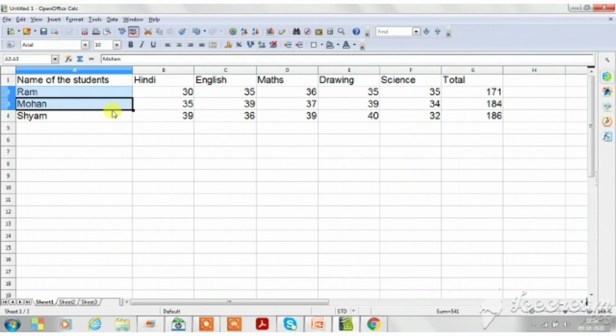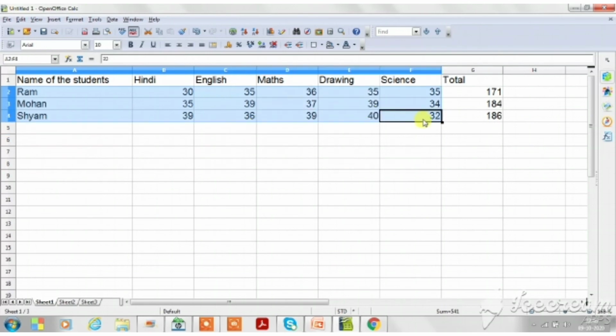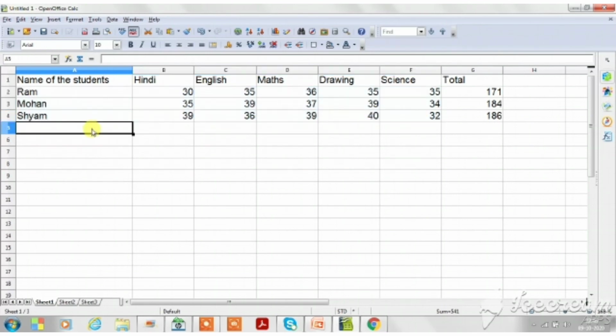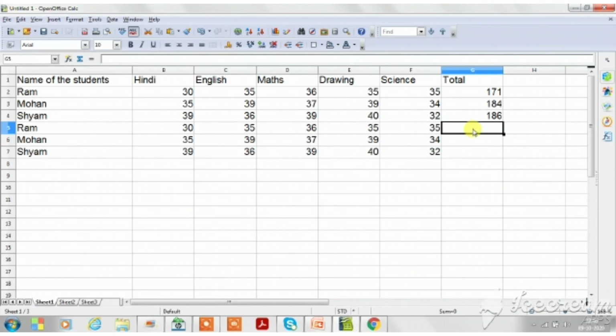Now next is cell range, because I have discussed cell range. I am just copy pasting this. Select this, Ctrl C, with the help of Ctrl C I copy, then paste. Now in this I want to apply the same formula with the help of cell range. Then what will we do?